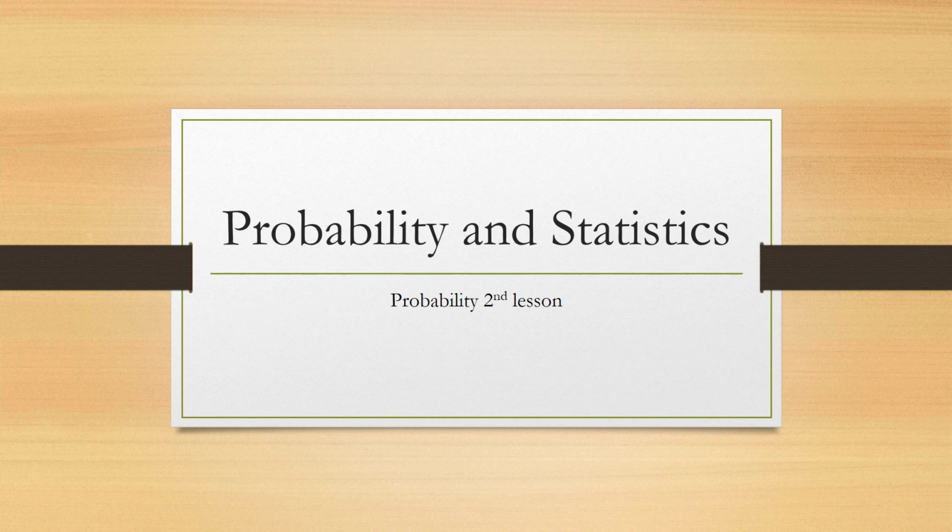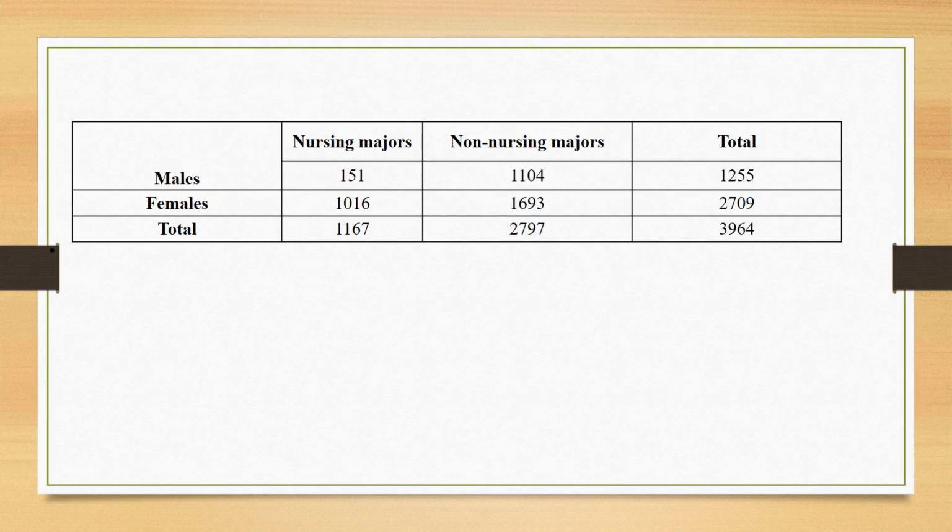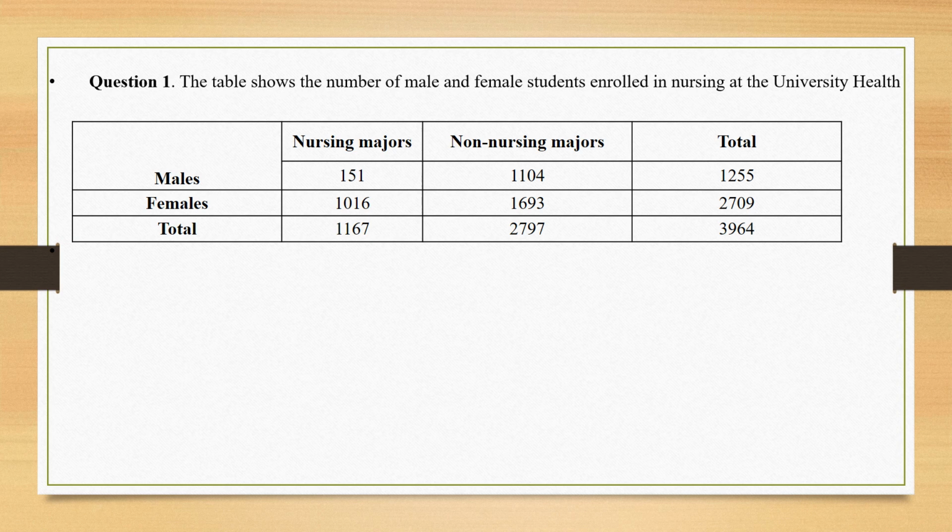So now in this class we will discuss some more questions about probability. In this example, the table shows the number of male and female students enrolled in nursing at the University Health Center